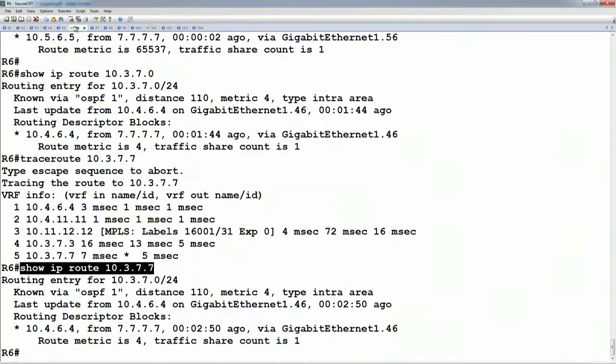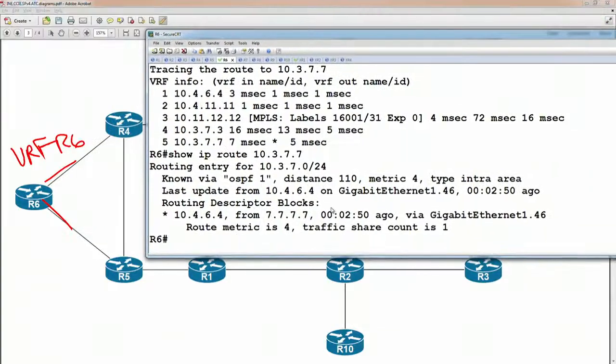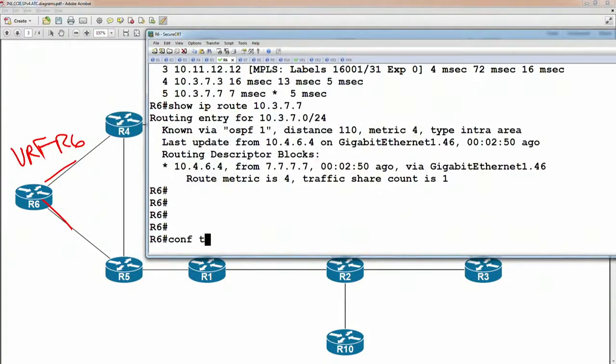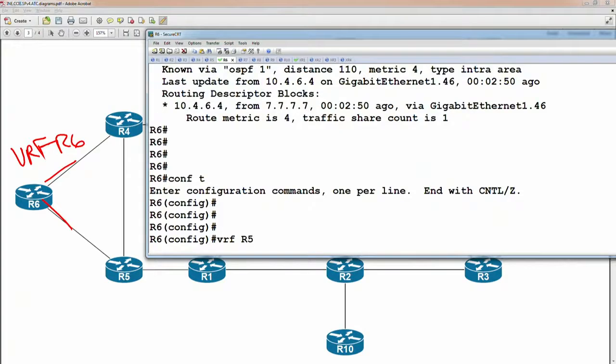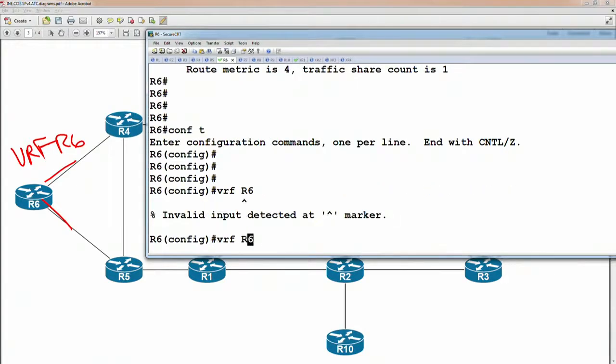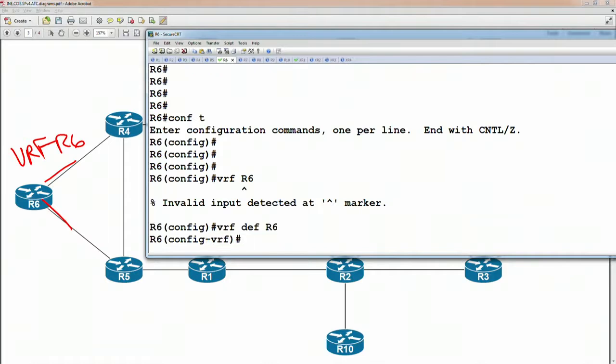So from router 6, let's go to global config. Let's say we have VRF definition R6, and do show run interface